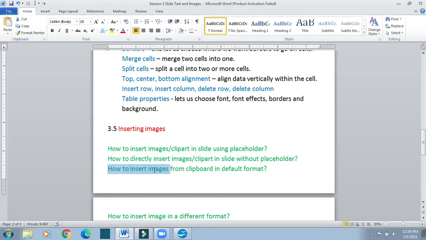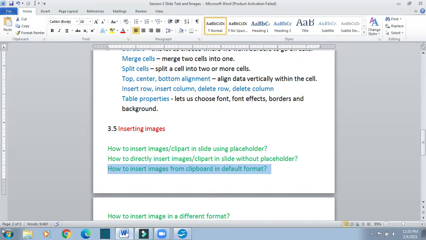Now how to insert images from clipboard? You know very well, clipboard is a temporary place where text or images or videos are saved if we cut it or copy it from somewhere. So if I want to copy or paste something, when I copy something, it will get placed in the clipboard.